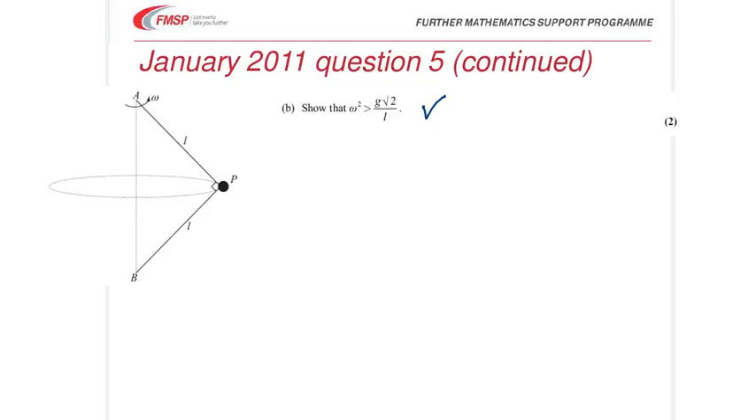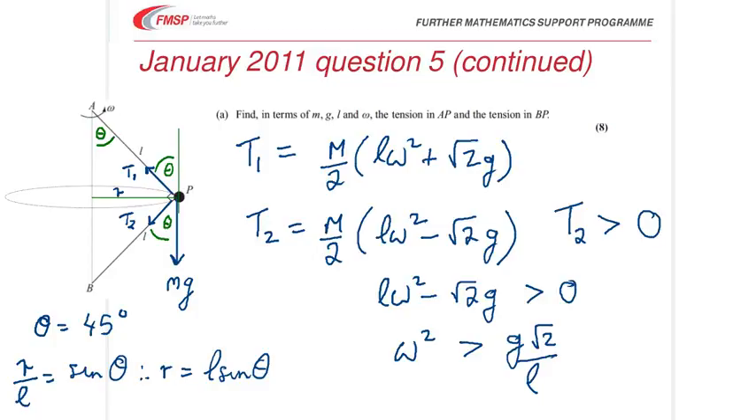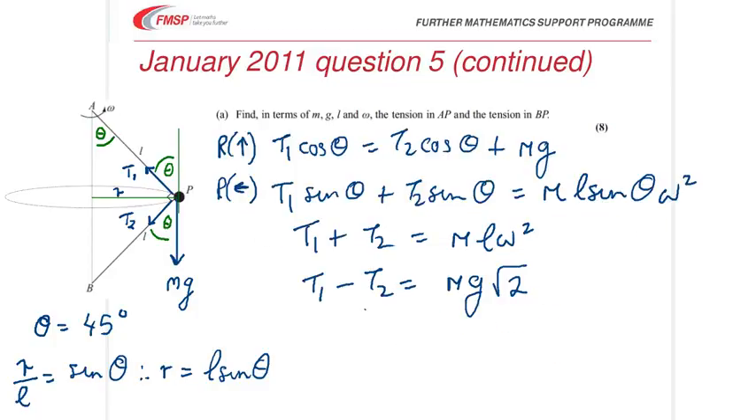Okay, mark scheme. So let's just have a look. For realizing theta is 45, there was one mark for that. There was an M1 A1 and an M1 A1 for both of those resolving equations. And then there was an M1 for